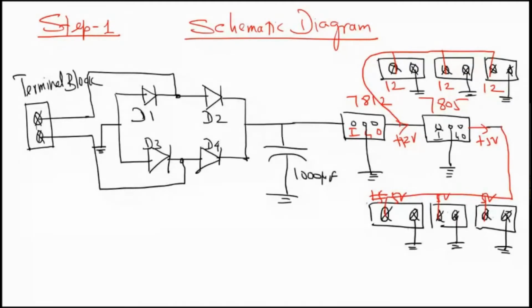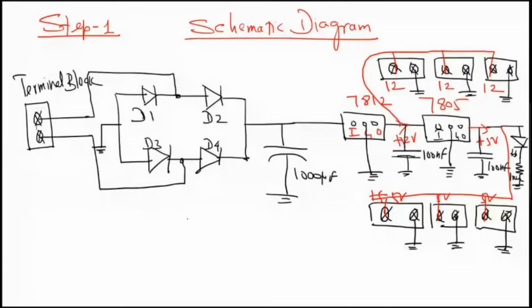5 volts here. And it is always better you use a couple of stabilizing ceramic capacitors. So 100 nanofarad ceramic capacitor for stabilizing the voltage regulators. And it is always better you put a power LED in the board, so that you know whether the power is available or not. So you connect a light emitting diode, current limited by a resistor, say 100 ohm resistor. So this is a light emitting diode connected in the output of the 5-volt line, just to know that there is power available to the board.